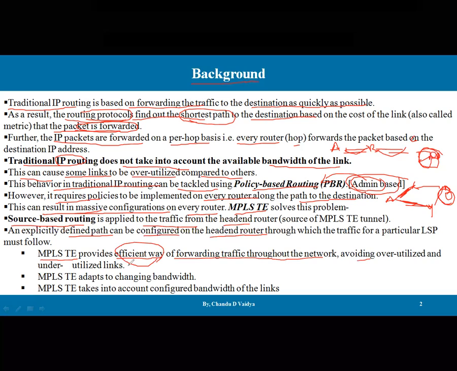Avoiding the overutilization and underutilization of the link. If any single link is overly utilized, overburdened, this can be overcome. And if some link is lightly burdened, that problem can also be solved using traffic engineering. Traffic engineering adapts to changing bandwidth, so dynamic bandwidth changing is possible. Traffic engineering takes into account the configured bandwidth of the links, so consideration of the bandwidth as a metric for the IP packets, for the IP datagrams, is the simplest definition of traffic engineering,